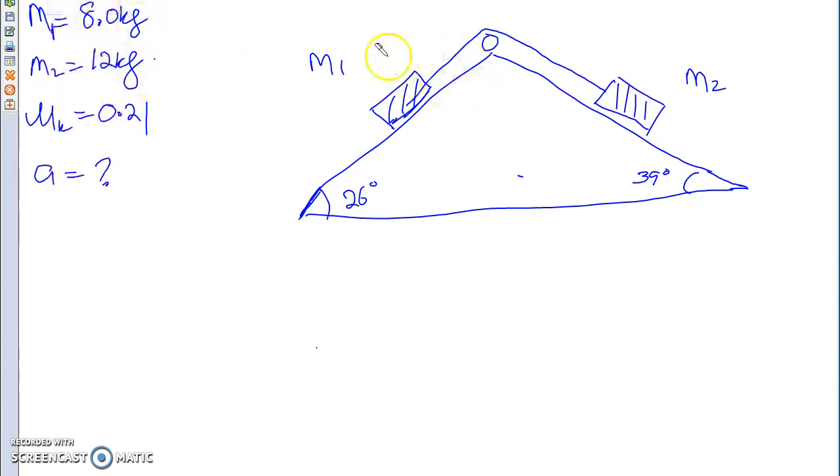First things first, our FBD. FN, FN, FG, FGY, FGX. Now our FGX, of course, is parallel to our surface. And now we're going to make the assumption that